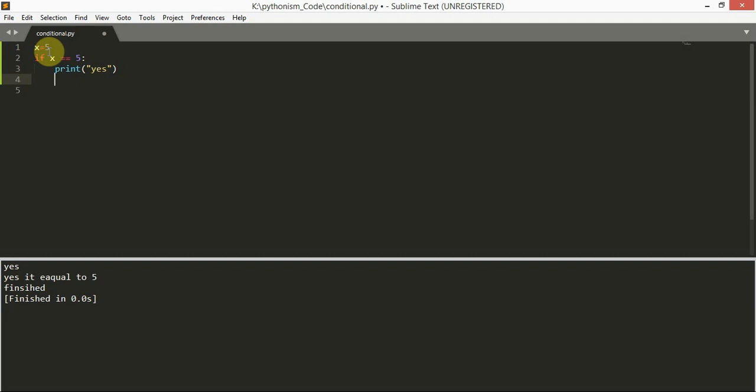So first I have assigned value 5 here, and then I'm checking if x is equal to 5 or not. If it is yes, it prints yes, and then again I'm checking one more condition here. I'm checking whether x is greater than 1 or not. If it is yes, it prints. So I'm going to use a print statement.